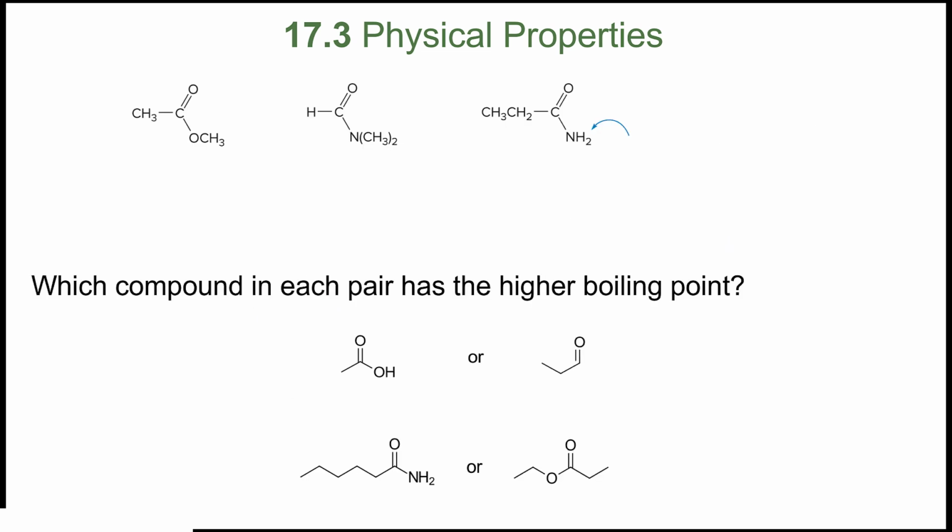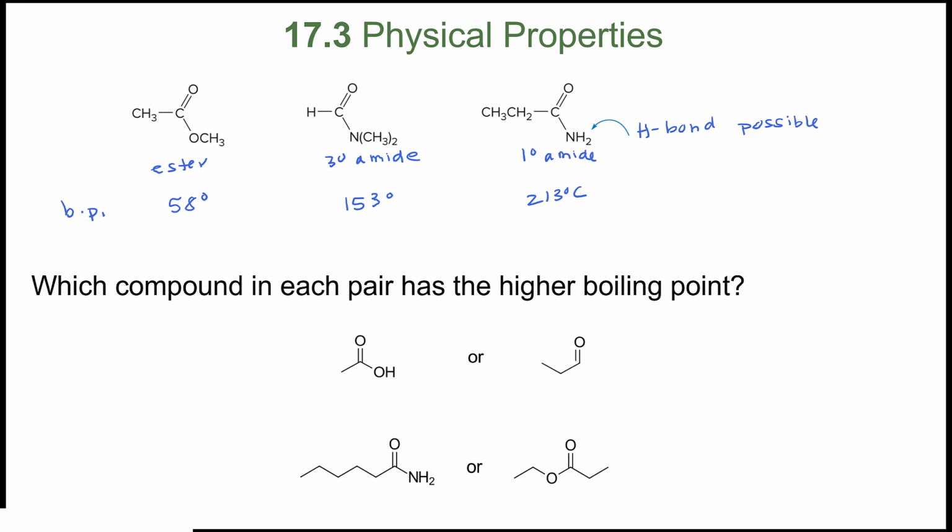Between an ester, a tertiary amide, and a primary amide, this one has hydrogen bonding possible. So on the primary amide, we're going to see the highest boiling point. So for the ester, it's 58. So for the tertiary amide, it's 153. And for the primary amide, it's going to be 213 degrees. So that one has much more hydrogen bonding capabilities. It has the carbonyl, and there's 2 hydrogens on the nitrogen, as well as that lone pair,